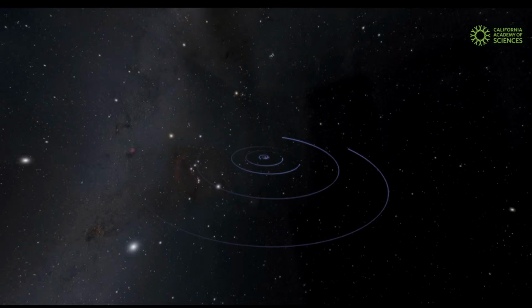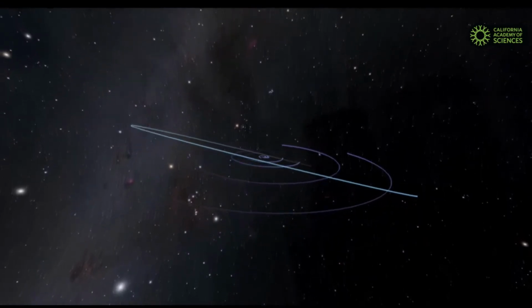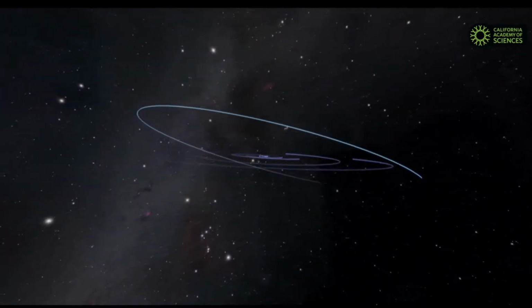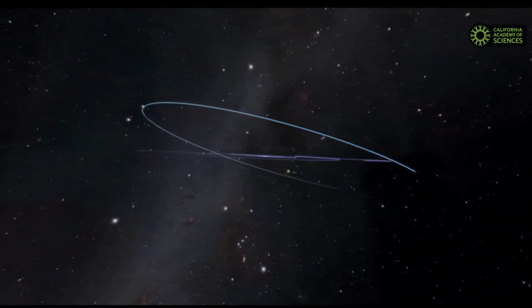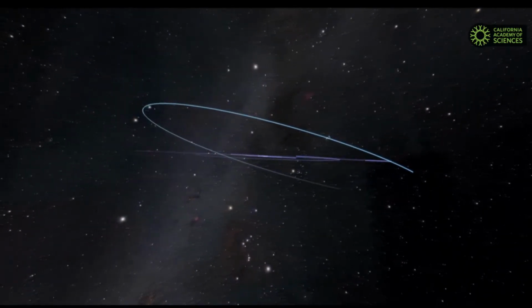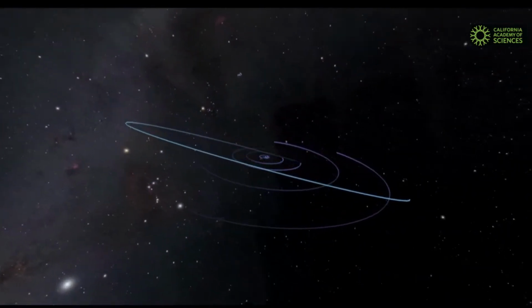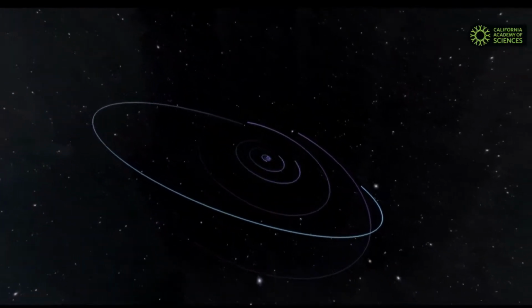Pluto's orbit is tilted from the orbits of the other planets. Look how much it's tilted there. So right away, that told astronomers maybe Pluto is some other kind of body. It doesn't have the same kind of flat orbit on the same plane. And then it didn't clear out its orbit of that other debris, the rest of the Kuiper belt. And that was one of the criteria that astronomers said constitutes a planet.